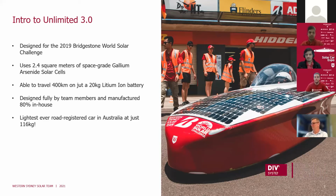This presentation will be a bit of a look into our 2019 vehicle, TED3, a lot of the engineering and design behind the specifics of it. And then Brad will also talk a bit more about the engineering management that we had to do to achieve such a great design. So let's start off by introducing the car that's going to be the focus of this